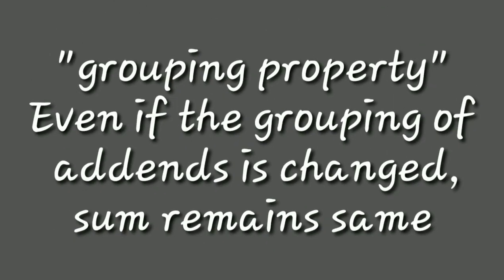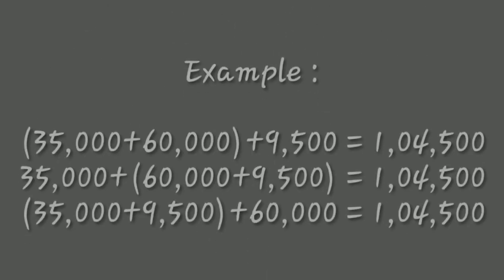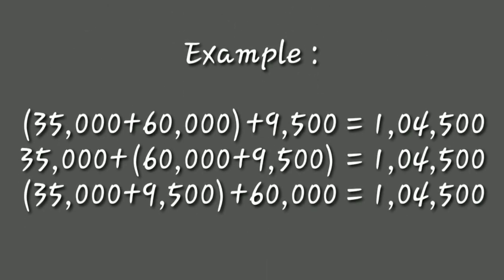The name of the third property is the grouping property. The grouping property states that even if the grouping of addends is changed, the sum remains the same. Let us understand this with the help of an example. Here I have added 35,000 with 60,000, and to this sum I have added 9,500. I get the answer as